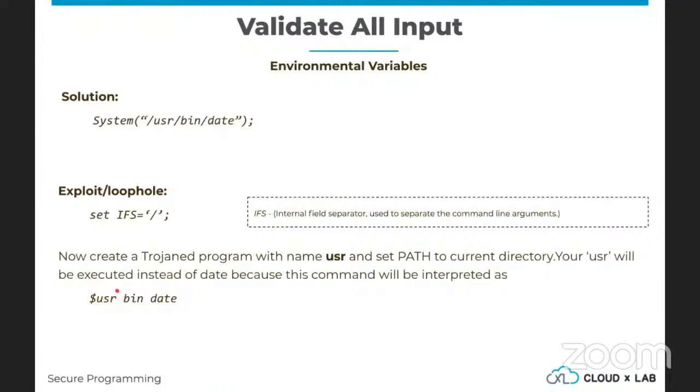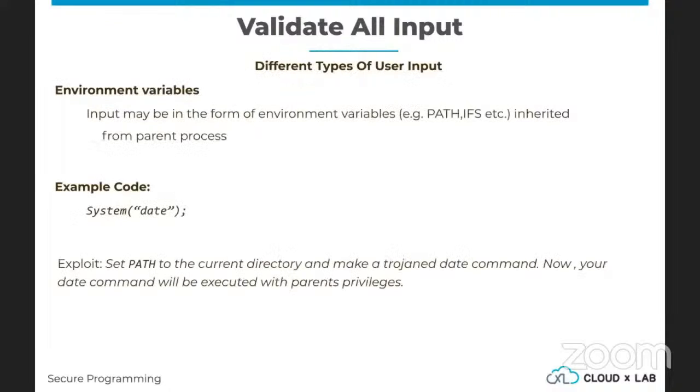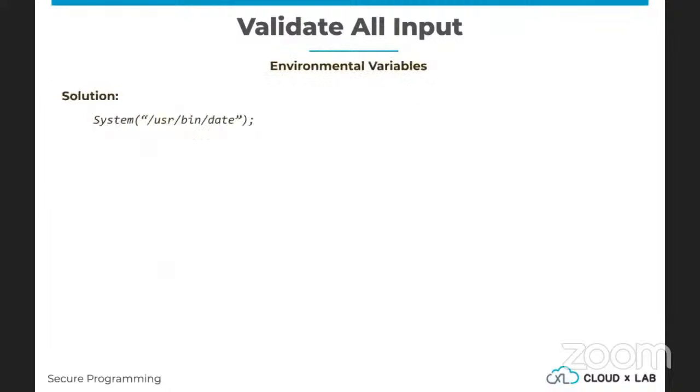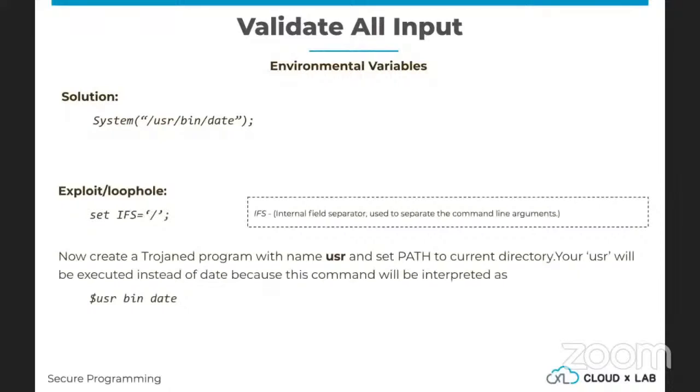Now, the attacker could do the same thing they did in the previous case. They would set the path such that a user command is there in that path, and that user command will be executed. And this really happened. This is how lots of systems got attacked earlier. Most of the bugs that you will see even today will be on similar patterns here and there.